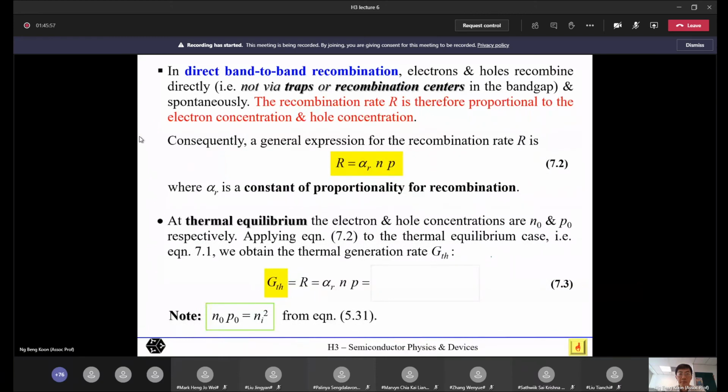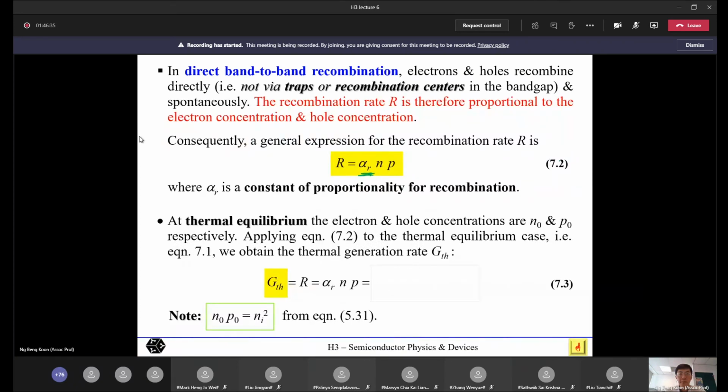In fact, assuming the recombination is purely due to band-to-band transitions, the recombination rate is simply proportional to the product of the electron and hole concentration in a semiconductor, with a constant of proportionality, alpha r here. This is a parameter that is material dependent. So the recombination rate in a semiconductor is solely determined by the number of free electrons and the number of free holes that you have in the semiconductor,